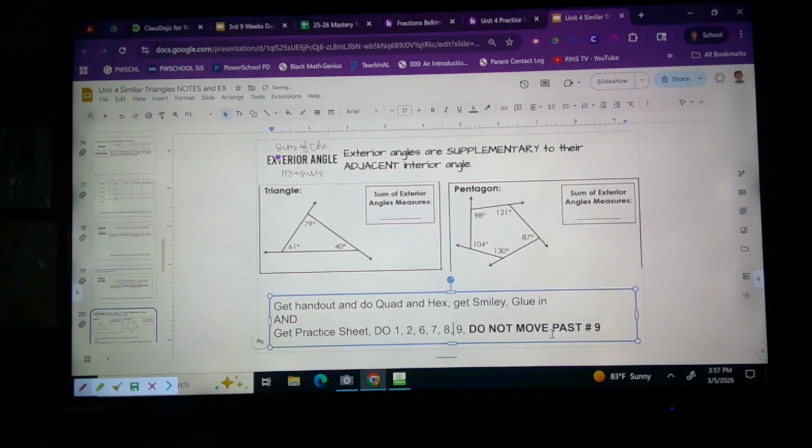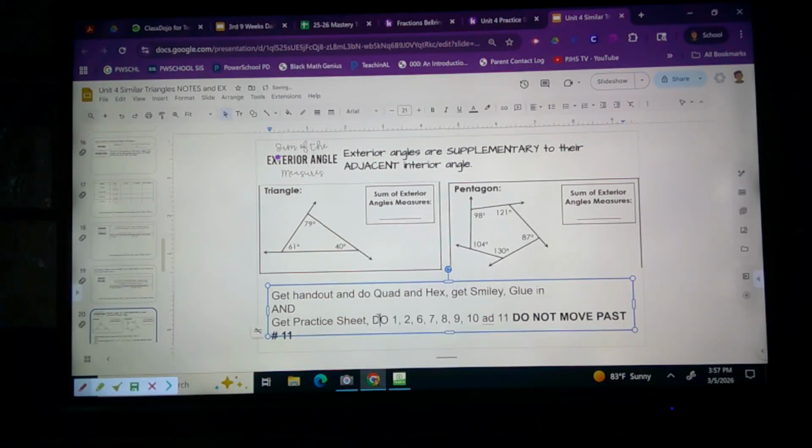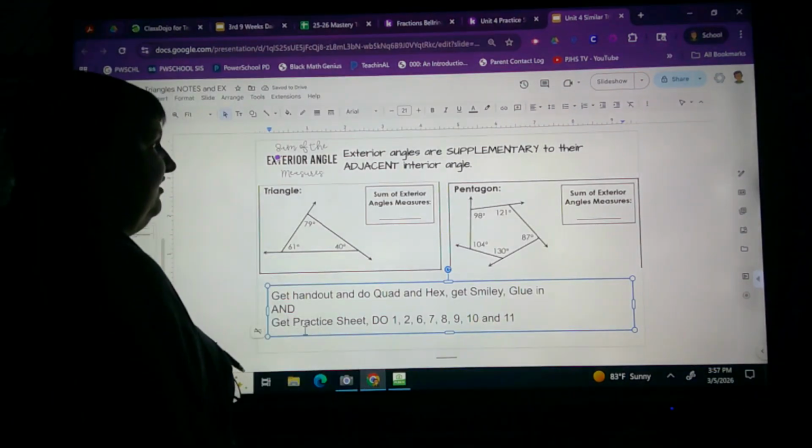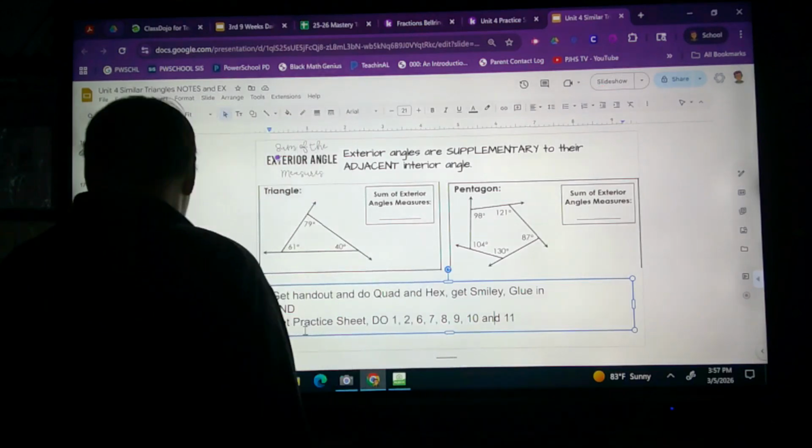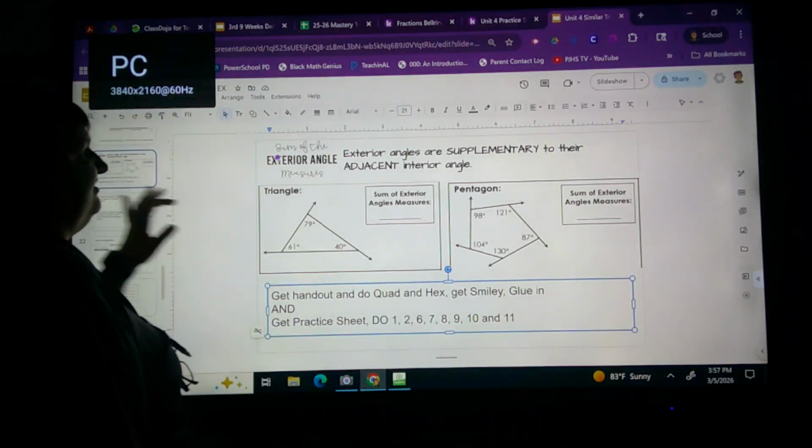We'll do it in order. 6, 7, 8, 9, 10, and 11. Do not move past number 11. Unless you watch the rest of the video, of course. Alright, let's just do 10 and 11. And then just know that you need to watch the rest of the video to get to the rest of the practice sheet. So the last